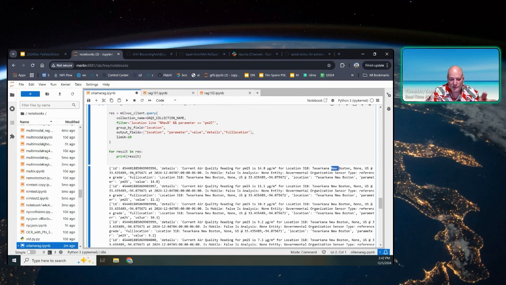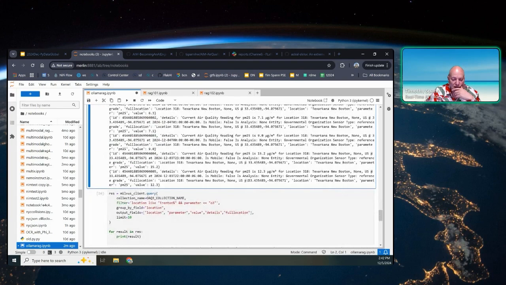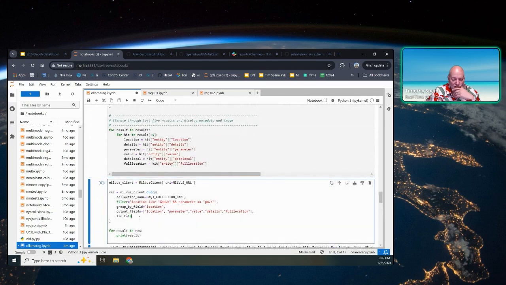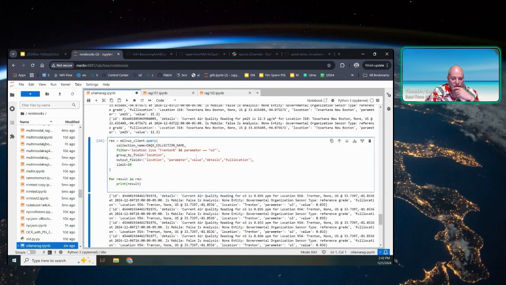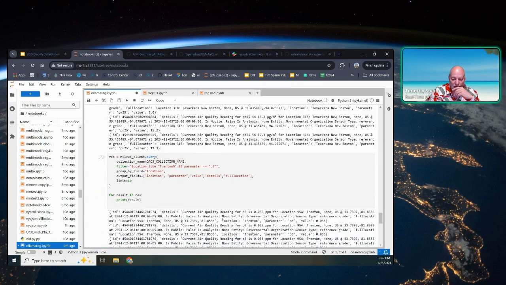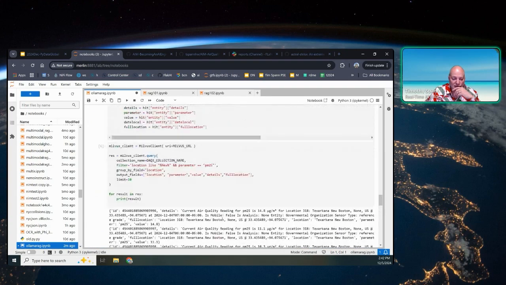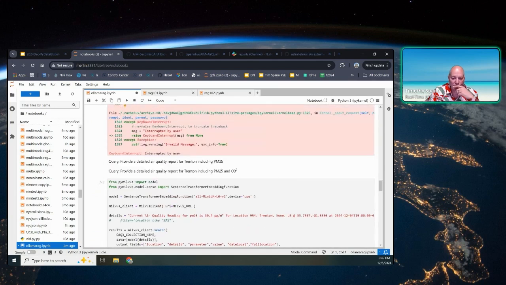Location matches that, and parameters PM25. So then we'll get those results back. I'm just showing 10. We could show as many as we want just to make sure there's data in those collections. We'll do another one for Trenton, and I'm getting Trenton back. So that's a good option for